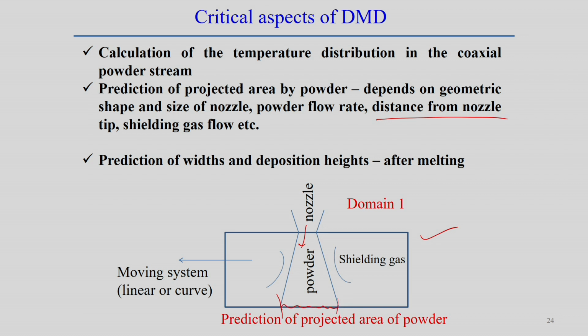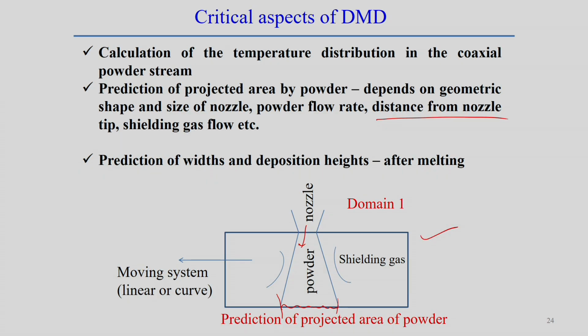So, on the surface, if it is a flat surface, it is easy to estimate the projected area, and accordingly we can take the decision on what the powder flow rate and focus diameter may be. But if it is a concave or convex type of surface over which powder is being thrown, in those cases we have to be more careful to choose the proper parameters, just by looking into the projected area of the powder on the surfaces.